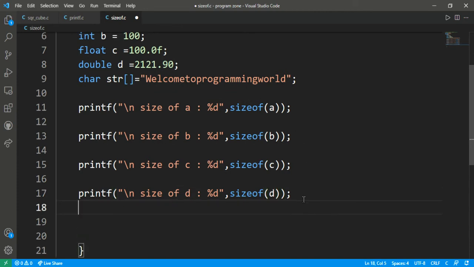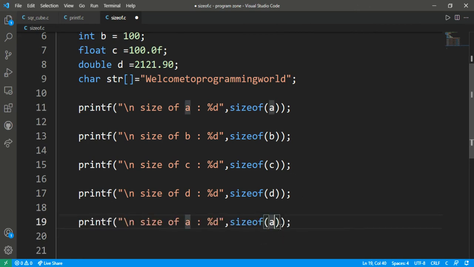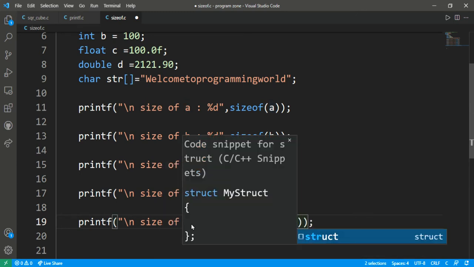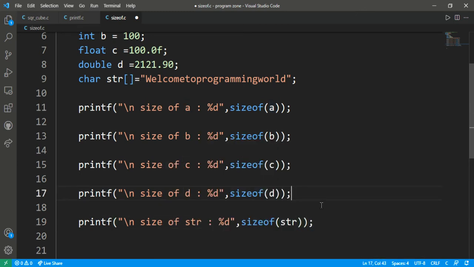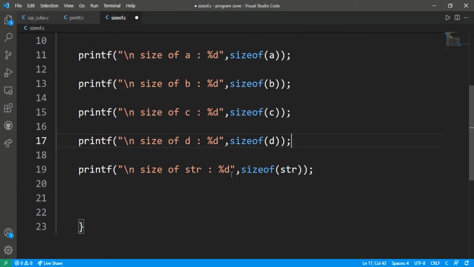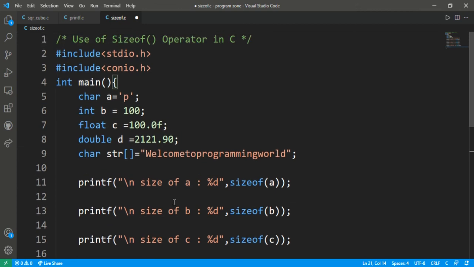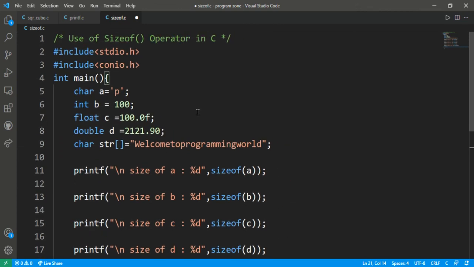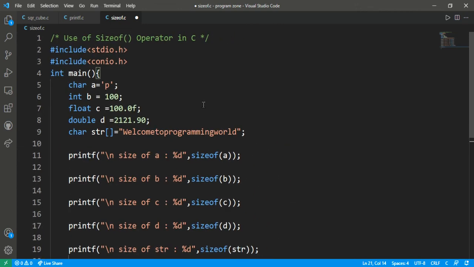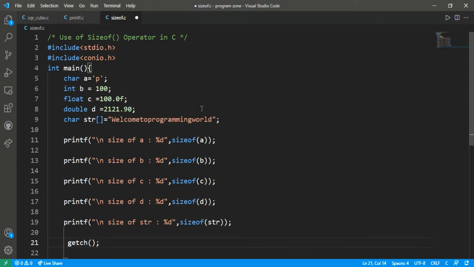And after that str. And after that I have to put the getch function, so getch and semicolon. So this is our program to know what type of data we have stored in a variable.